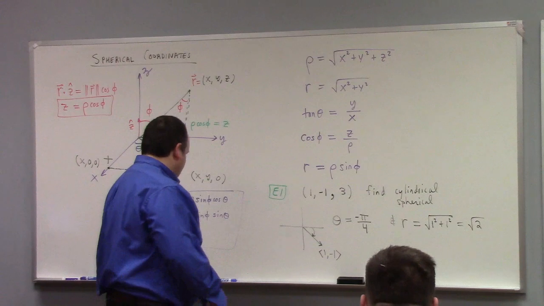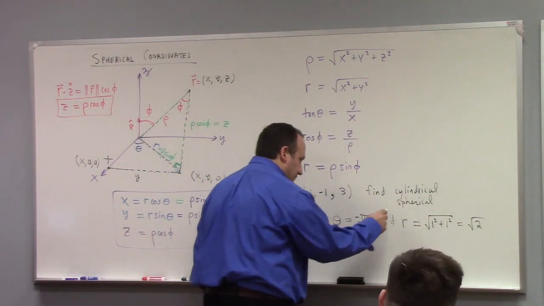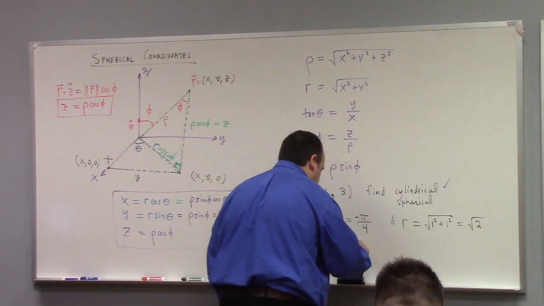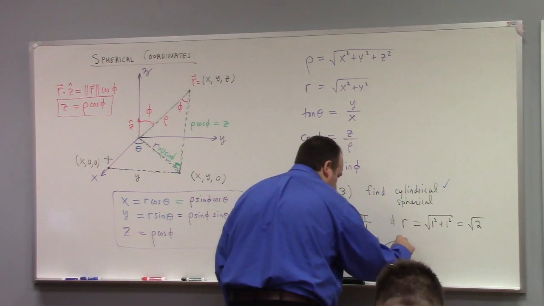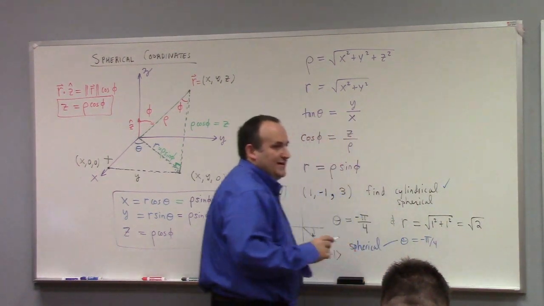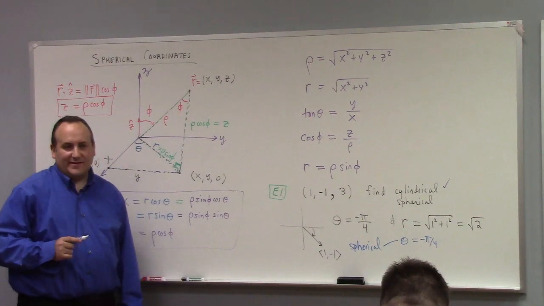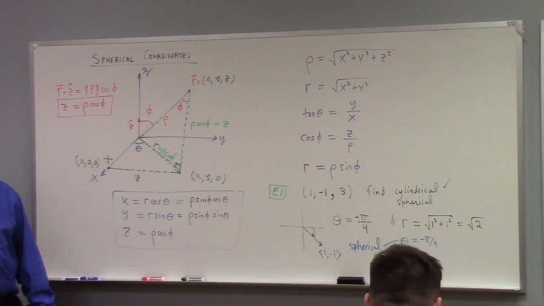Anyway, so spherical coordinates, so that's the cylindrical. Check. Spherical. Good news. Theta is still theta, so it's still minus pi over 4. We don't diabolically use a different theta for spherical and for cylindrical. That would be evil, right? Same theta. Yay.